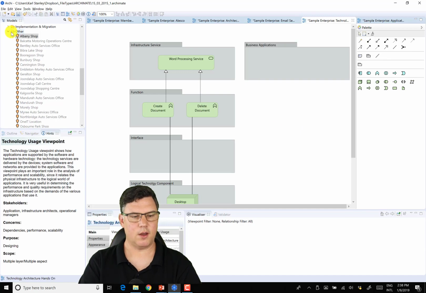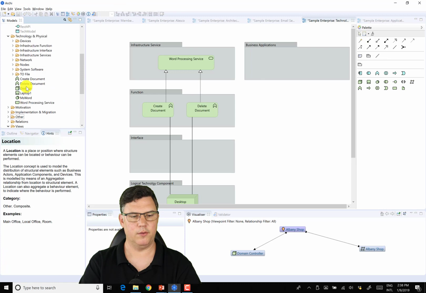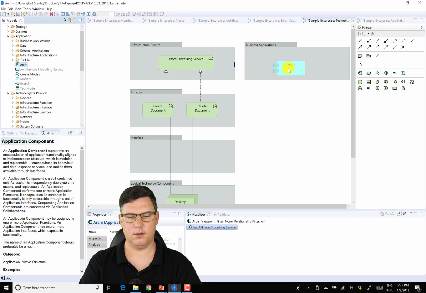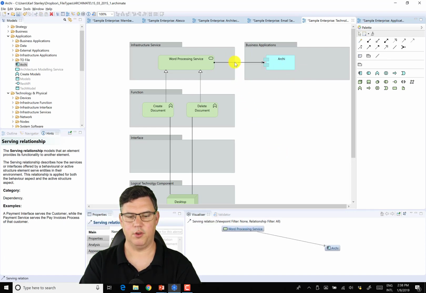And you'll see, now I can go over here on the left and pick underneath my nodes. And this is the cool part. Boink. Word processing serves Archie. Cross the boundary, serves. Cool, huh? Now, every time I click on Archie, there's obviously a dependency, a relationship between